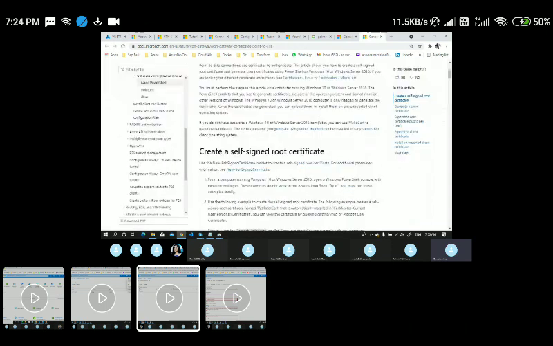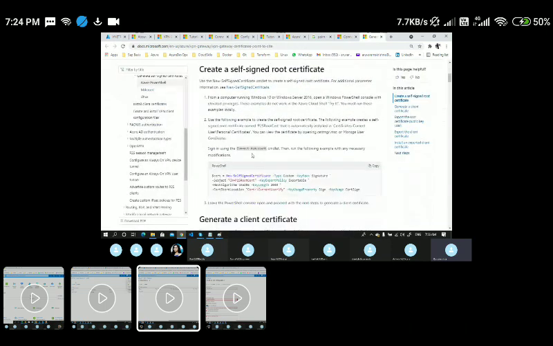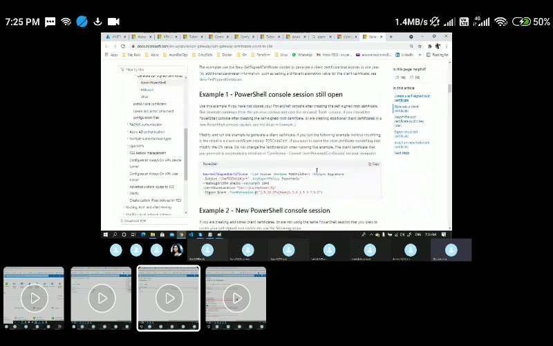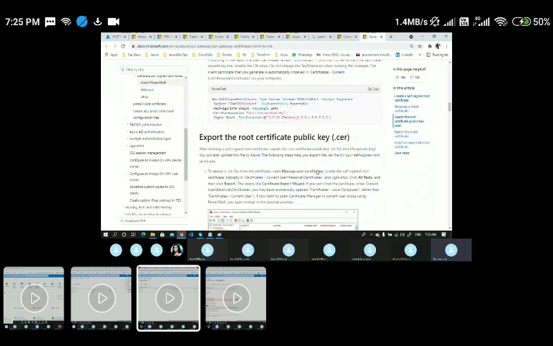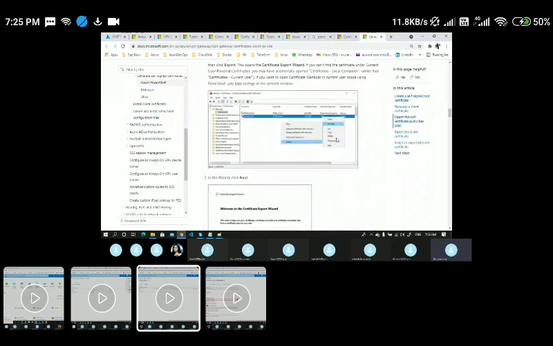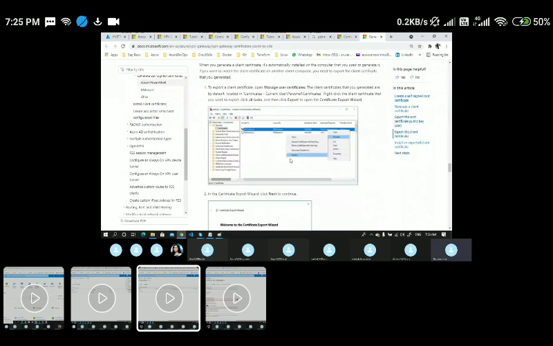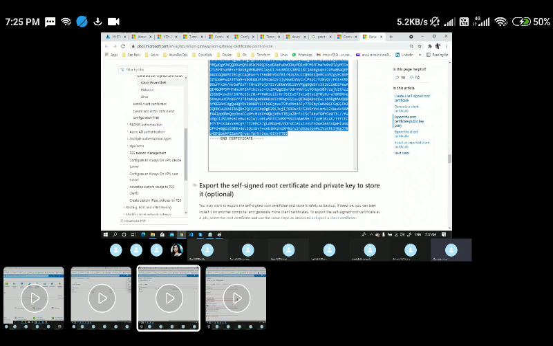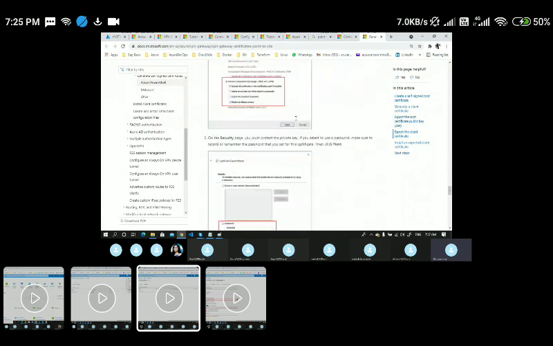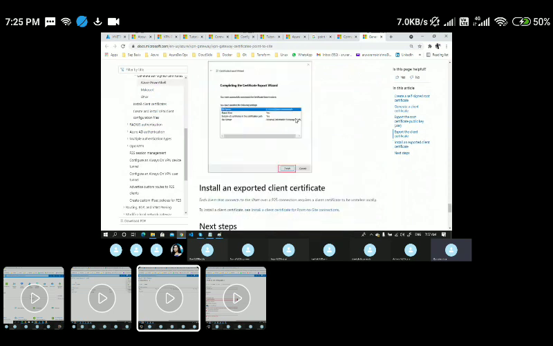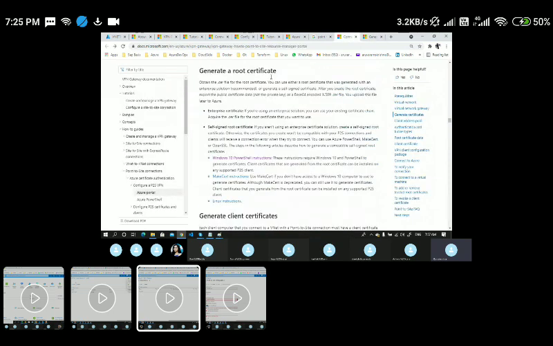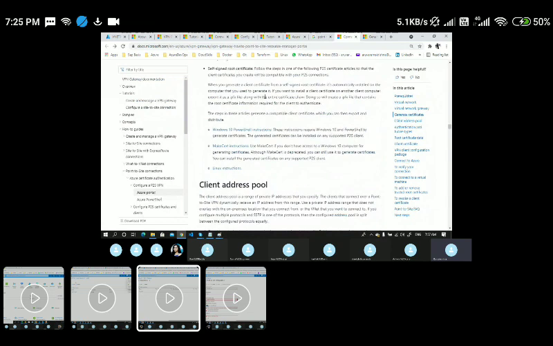These are the steps you need to follow for creating a self-signed certificate. Here you can see you simply need to copy these commands and execute them. Just follow the procedure, and once you have both certificates, you will export them and store them in a separate folder. So this is how these two certificates will be generated: one is a root certificate, and the other is a child certificate. To generate those certificates you can follow the above PowerShell commands, and once you're done with these two, you just export those certificates.